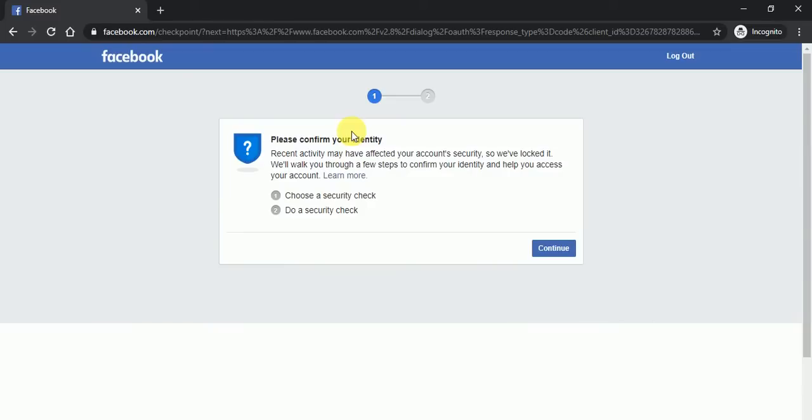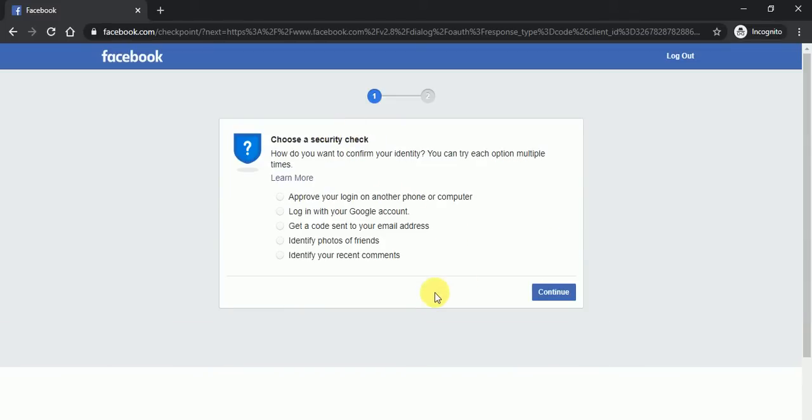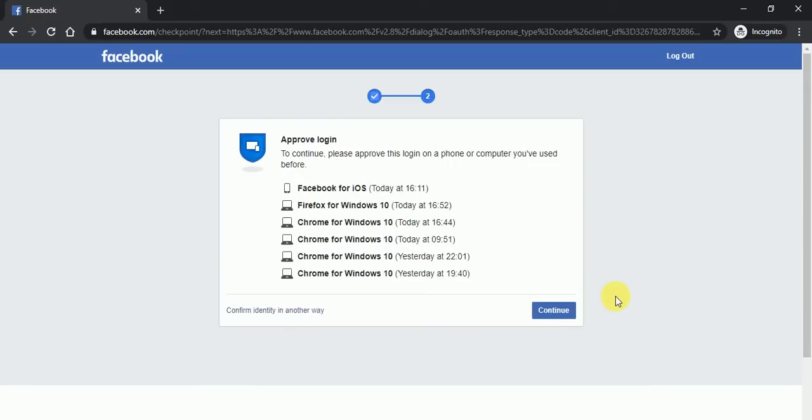Okay, please confirm your identity. Log in with your Google account, login with another phone number, iOS. Okay, continue.